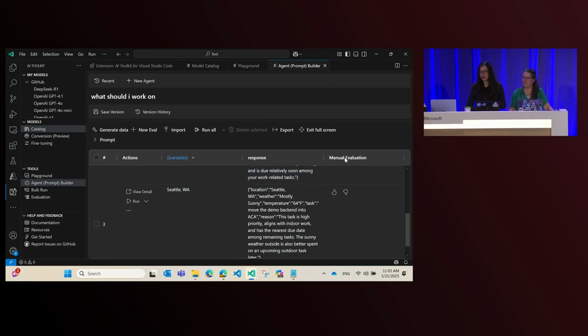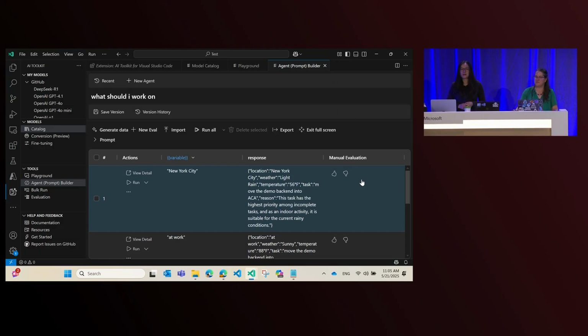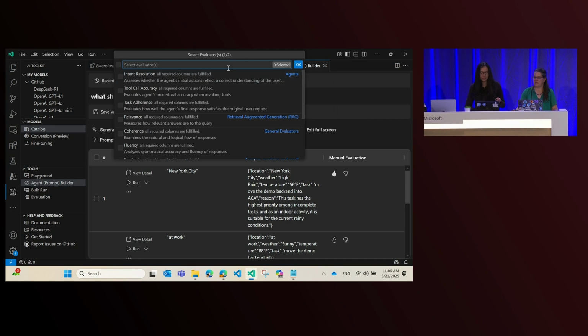One is manual evaluation. We are all very familiar with the chat tools out there where you can thumbs up or thumbs down a response. So you can do so in here, in your tool. So it's like your own annotation of the responses. You can save everything in your data set. You can always revisit later. But if you don't want to do that manually, imagine you have 10,000 lines. You don't want to do that line by line. Why don't we just delegate that to the model as well?